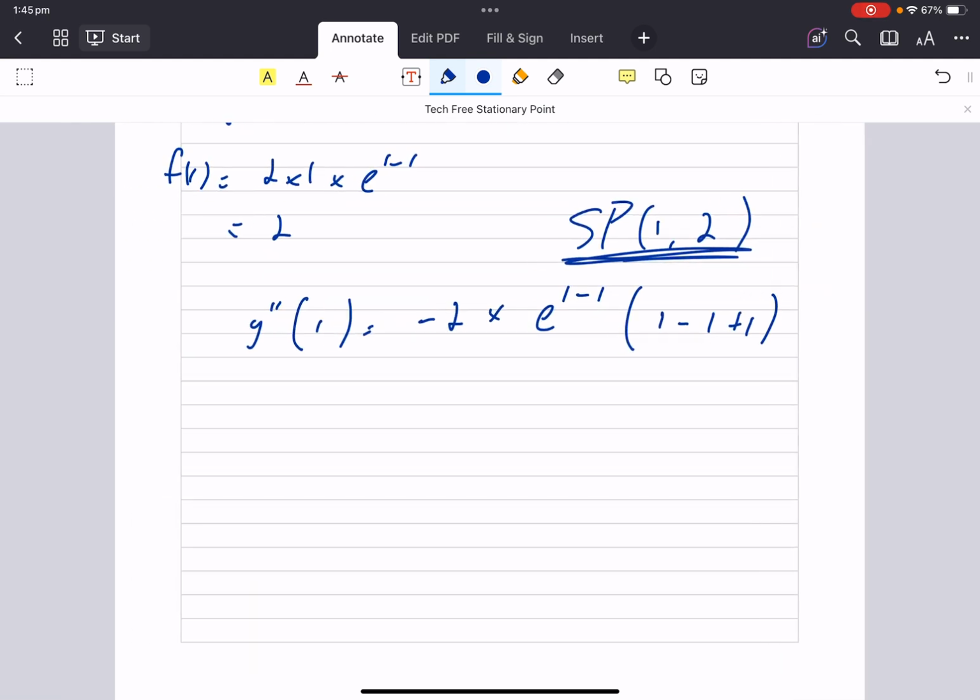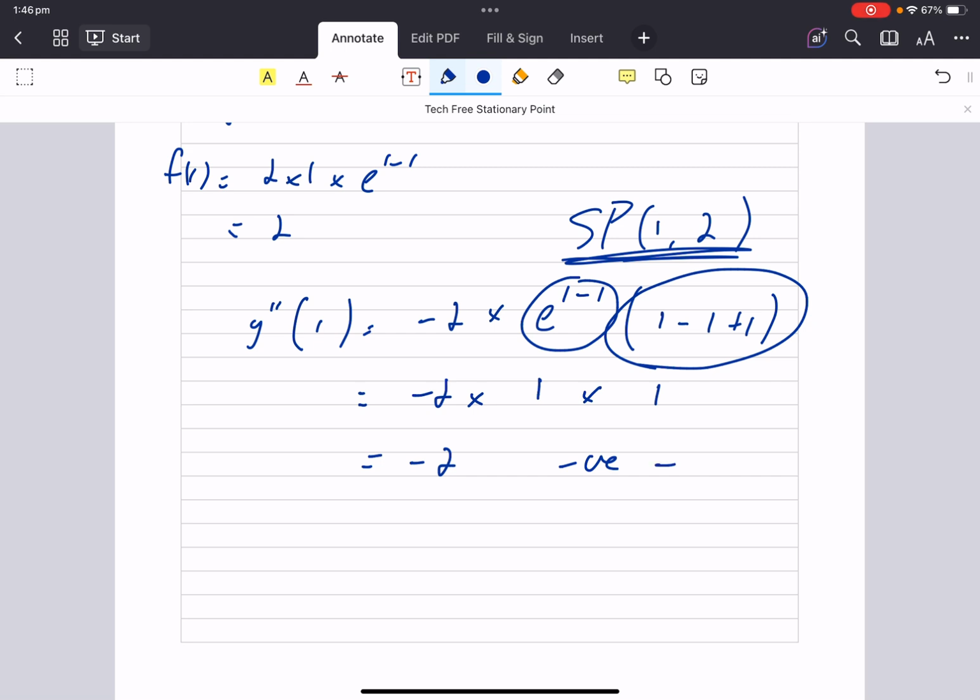Let's just narrow that down. Negative 2 times 1 times 1 is negative 2. Well, a negative means that it's a maximum. Okay, so we have worked out that the stationary point is the point 1, 2, and that it's a